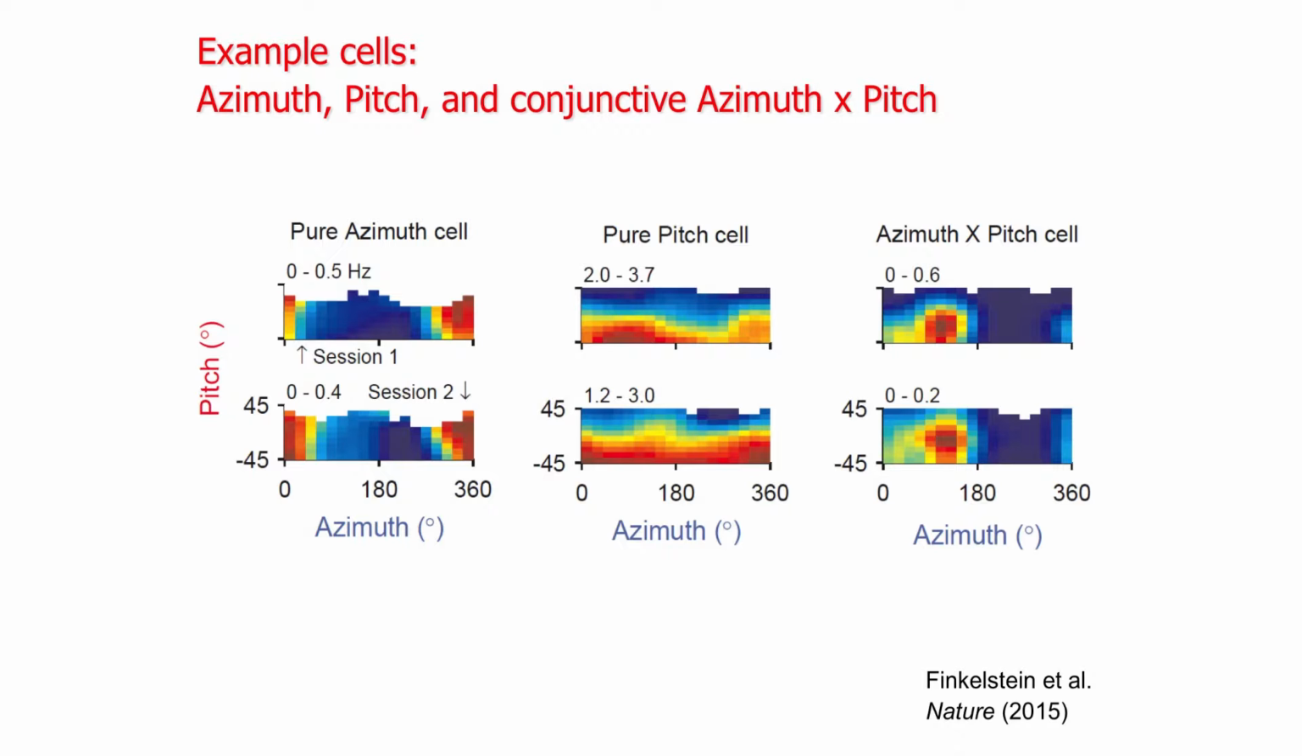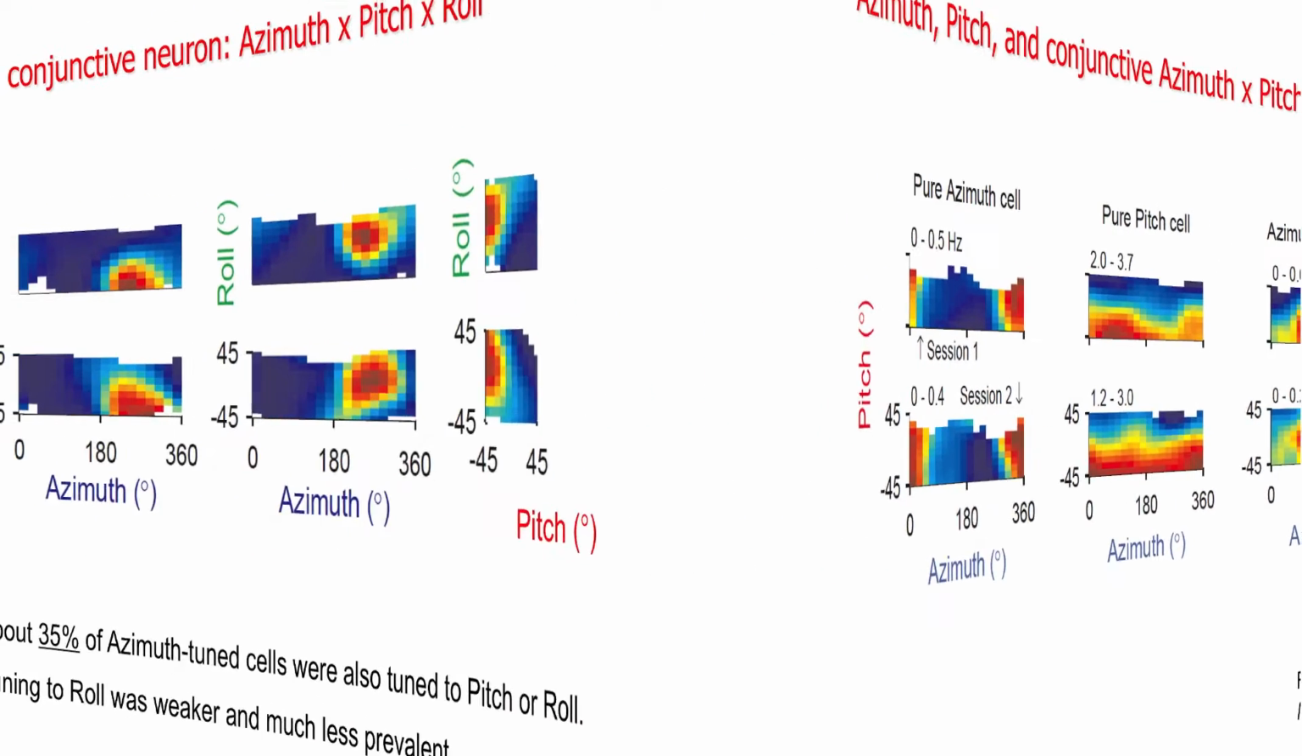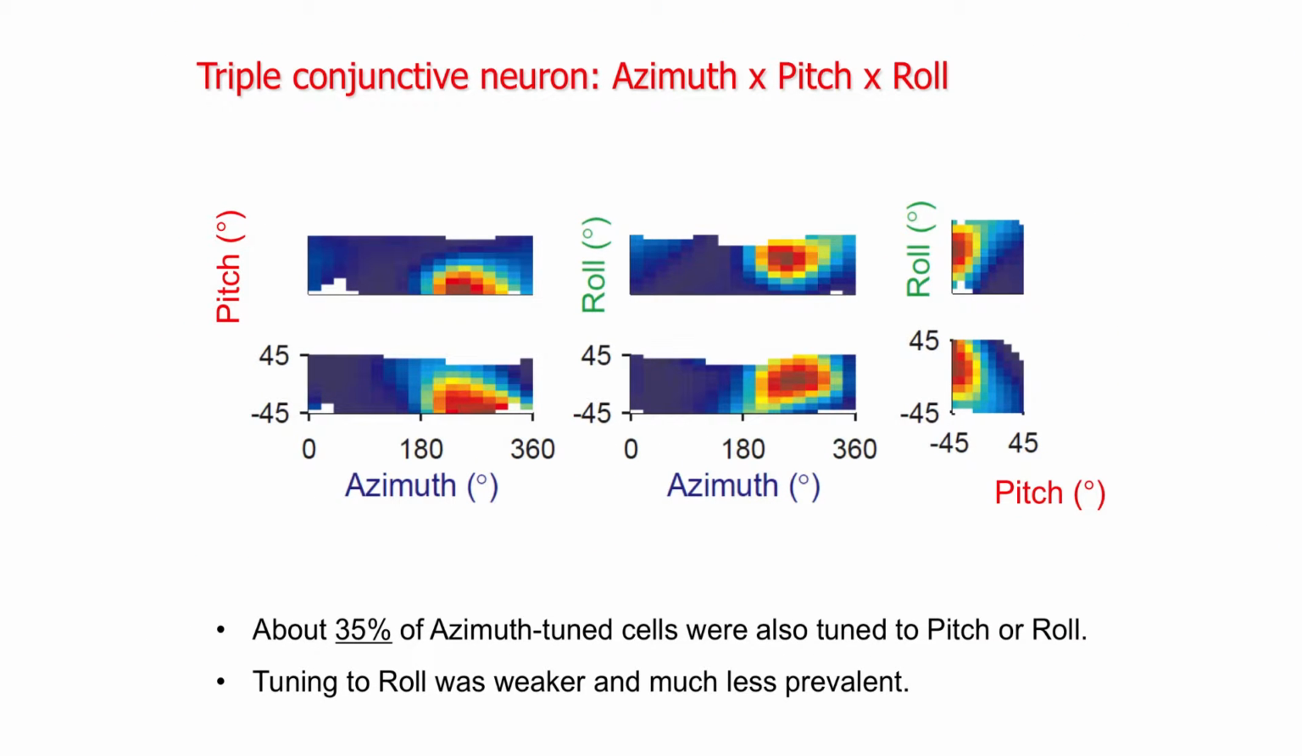But then this neuron doesn't care so much about azimuth, but it is tuned to pitch, so negative pitch in this case. And there are also conjunctive neurons that are tuned to both azimuth and pitch, like that one. And from time to time, not very often, you could see neurons tuned triply conjunctive to pitch, azimuth, and roll,